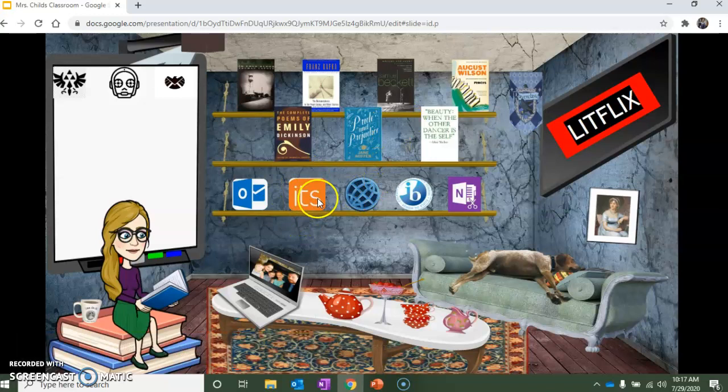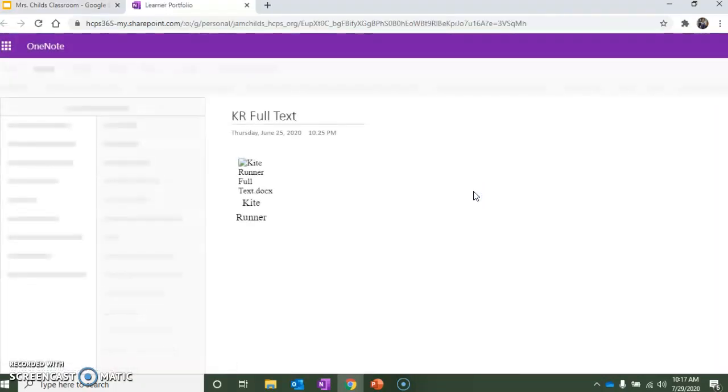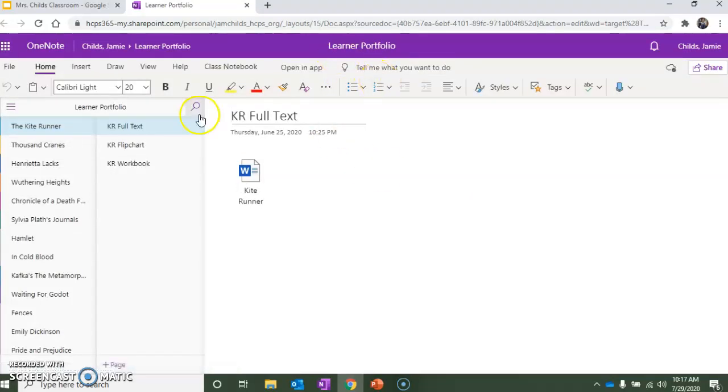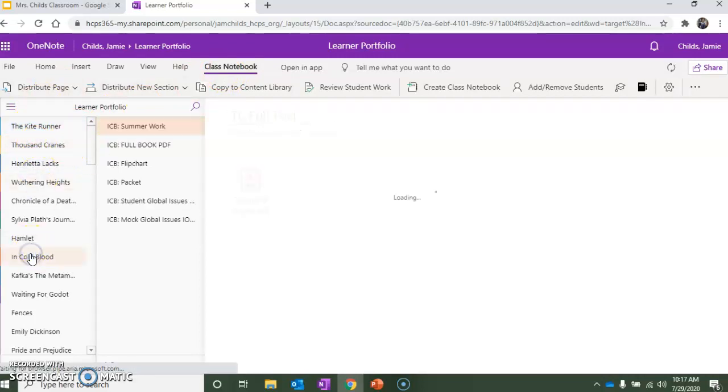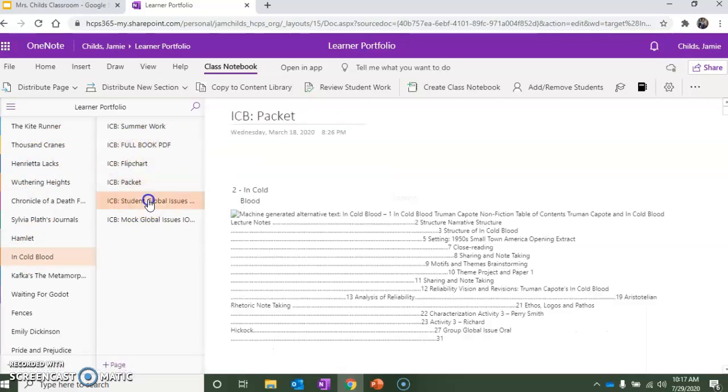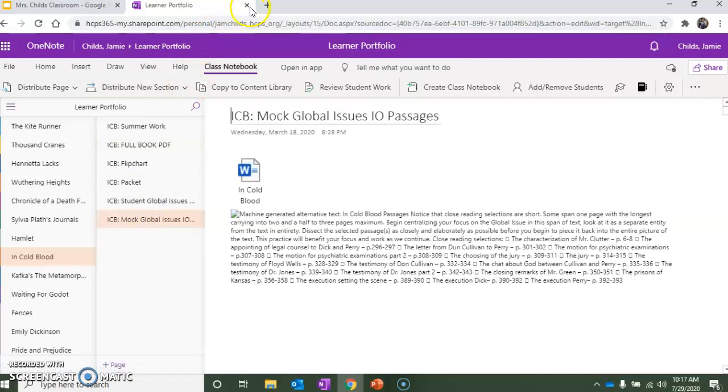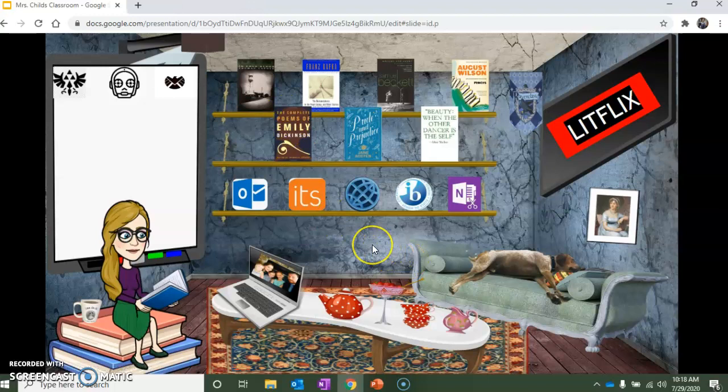And this is our classroom learning management system. So every single day when they need to log in to take one of our lessons, they'll go to It's Learning. I haven't linked that yet because our classes aren't populated, but I will shortly. And this is really great because it takes us to our classroom learner portfolio, our OneNote notebook. We have a classroom notebook, and if you need help with classroom notebooks, that's definitely one of my areas of strengths. I can teach you all the nerdy things that you can do with Classroom Notebook, but it's really great because what this has are all of the lessons really that I'm giving, every single flip chart, every single thing that the students will need for the full year. So that's exciting too. But going back to my Bitmoji classroom,